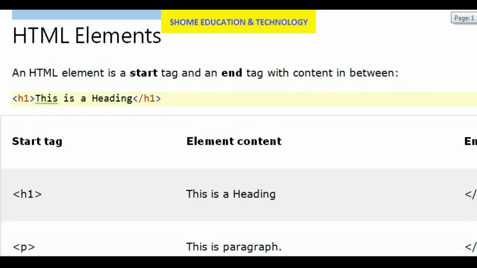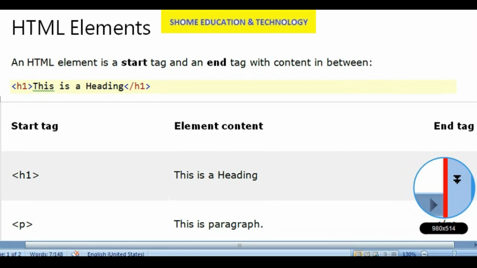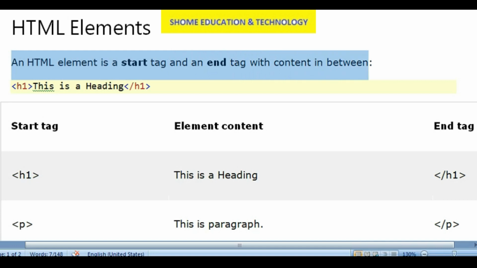What are HTML elements? An HTML element is a start tag and an end tag with content in between.